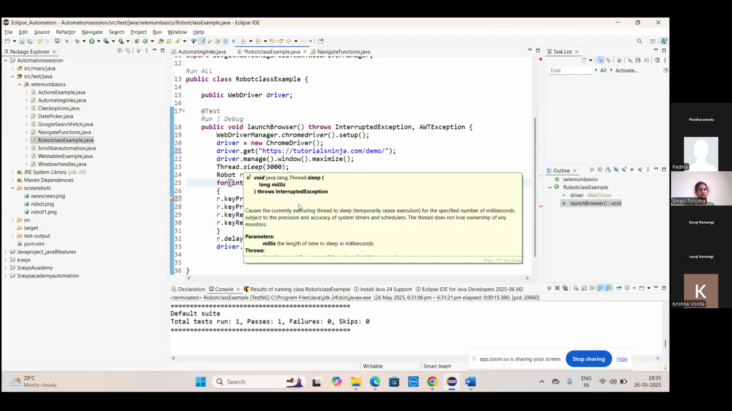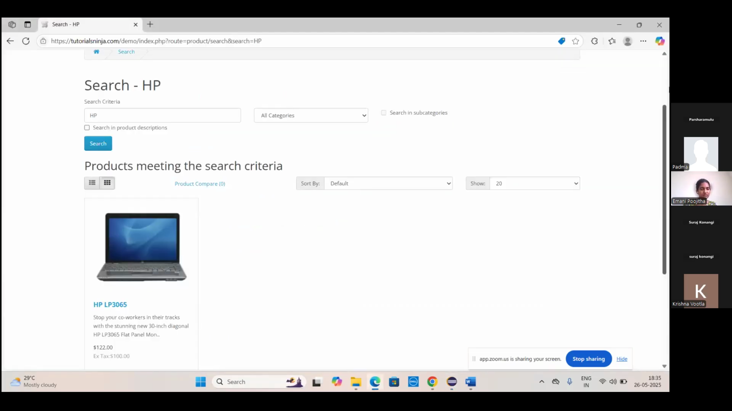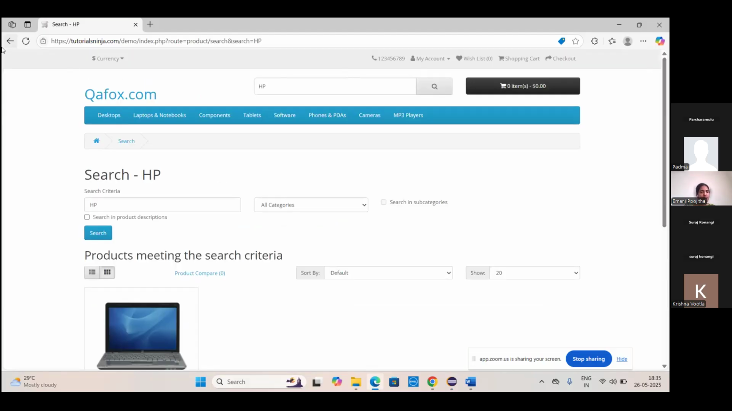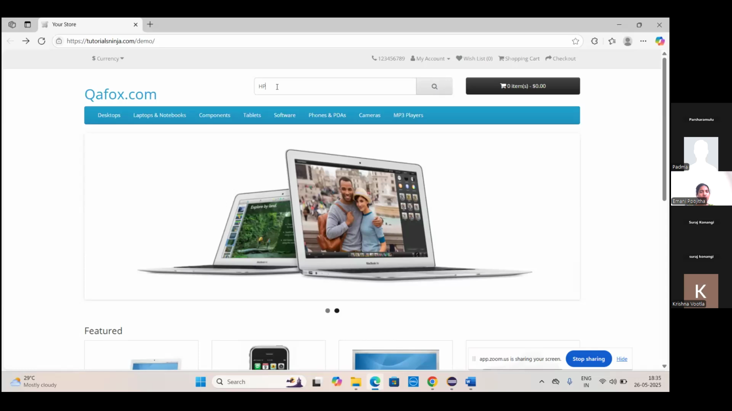Okay. So I have launched this tutorial ninja application. Now what I need to do is enter HP in the search box. I'm refreshing this. So I need to write the